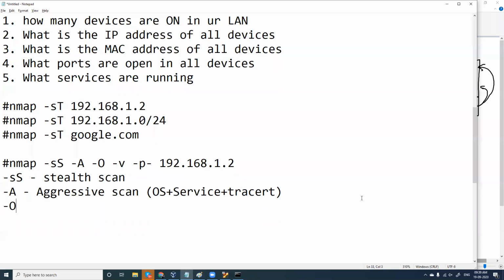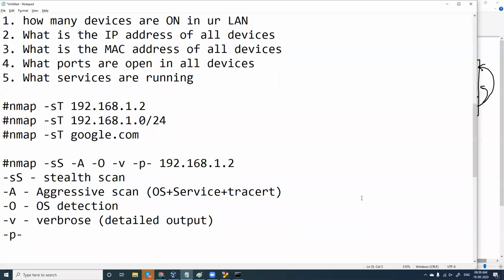Or -O, which is only for OS detection, and -v is verbose, which gives detailed output. And -p-, which is going to scan all 65,535 ports, all the ports which are available.